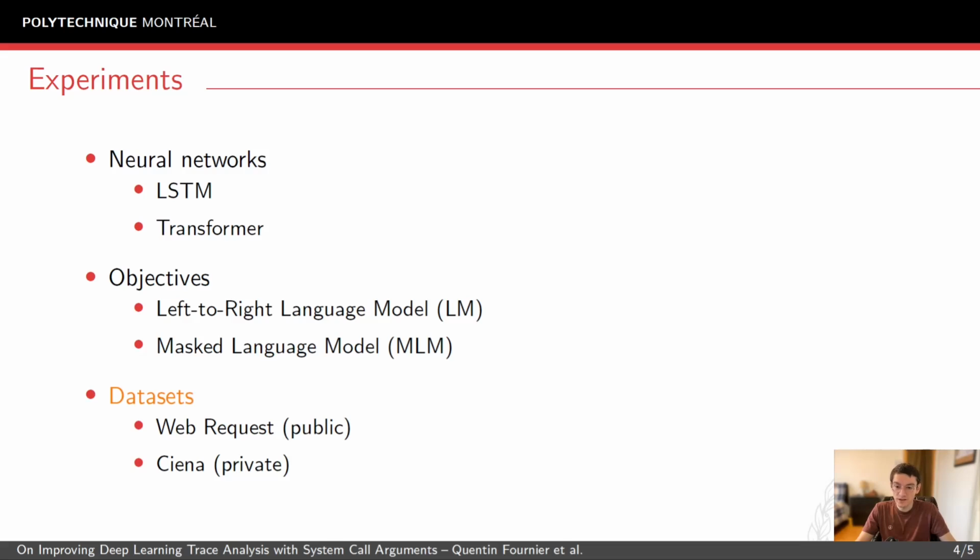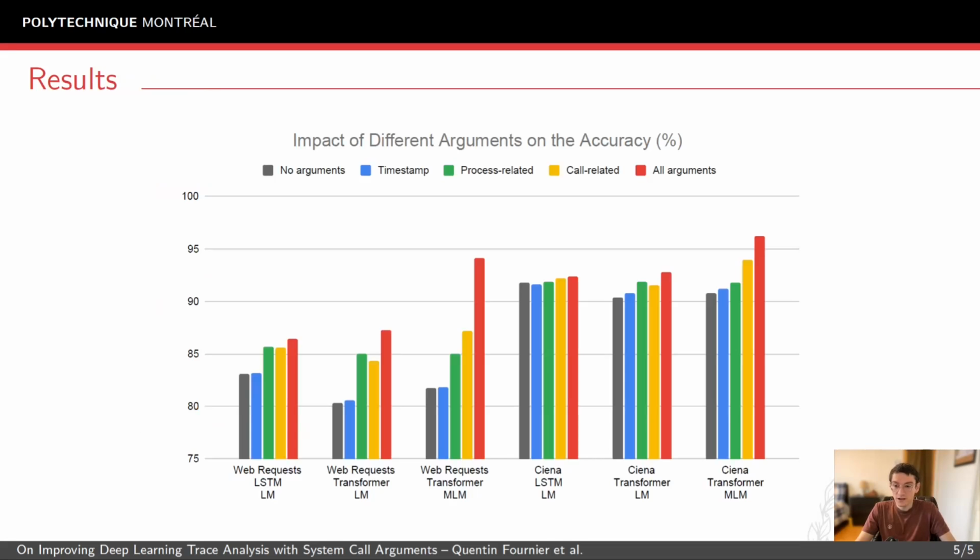I'm going to conclude by going over the results quickly. Here we compare the accuracy for the different models, objectives, and datasets. In gray, you have the accuracies when no arguments are considered, such as in the literature, and in orange, with our proposed approach to consider the arguments. Considering the arguments consistently improves the performance, sometimes slightly, but sometimes by up to 11%. And we argue that this applies to any model and any